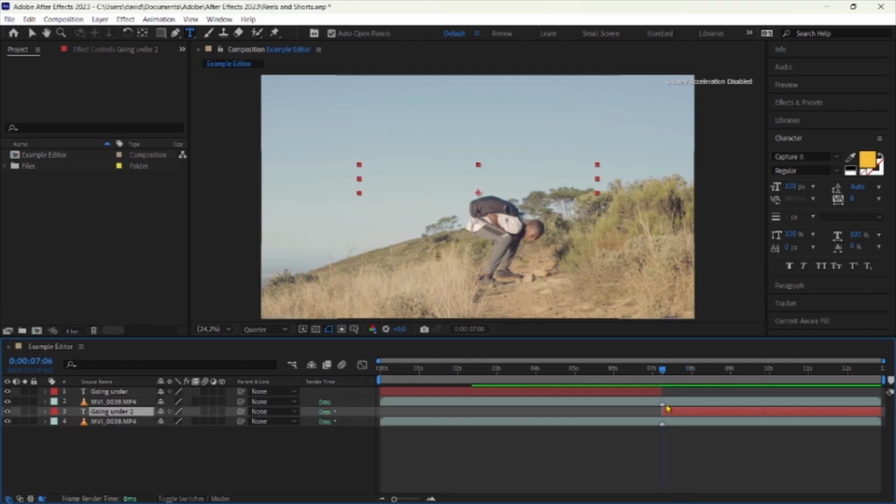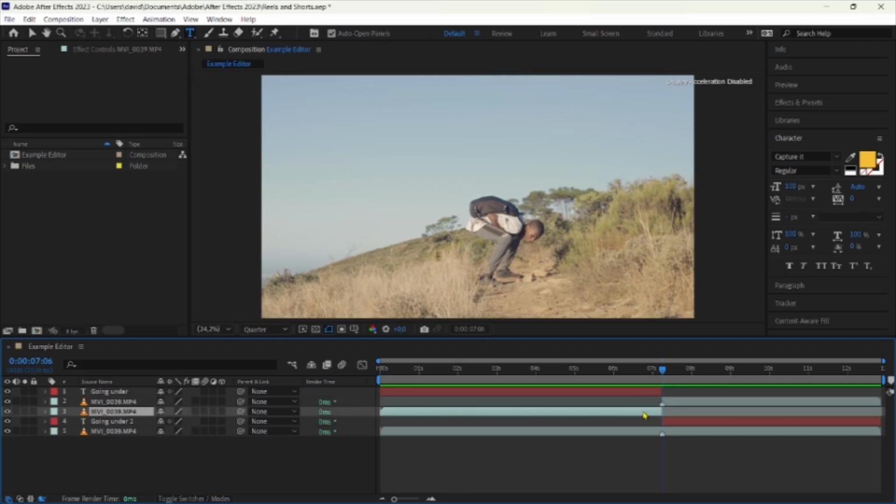Go back to the marker and then select this layer, and then you also need to split this layer. Ctrl Shift D. Once you have split this layer, I shall explain. This is the layer that we are going to be working on, this specific one. We're not going to worry about the other layers anymore. So as you can already see, we have 1, 2, 3, 4, 5. That is how I achieved those 5 layers.